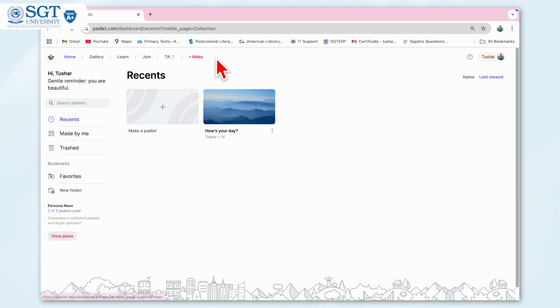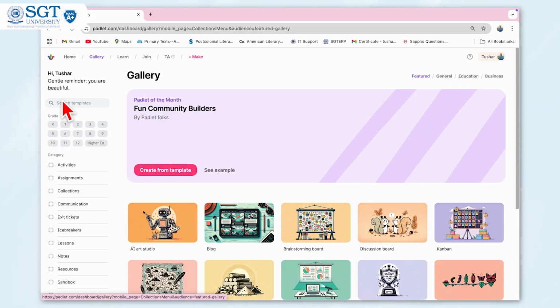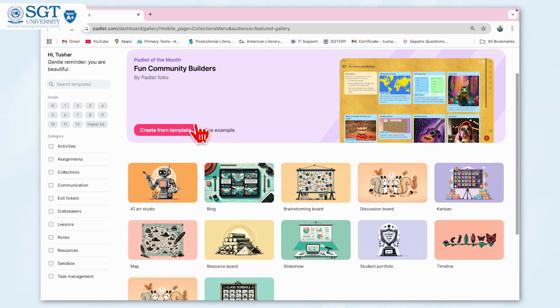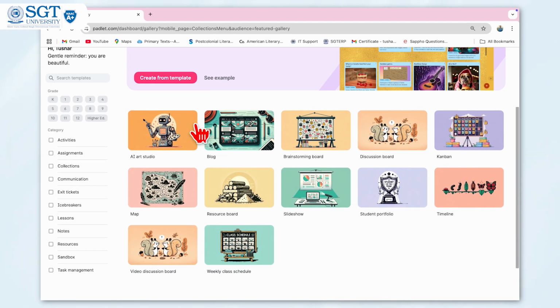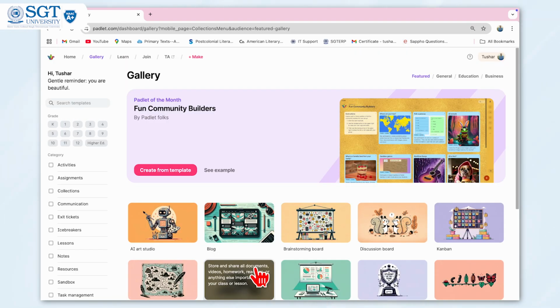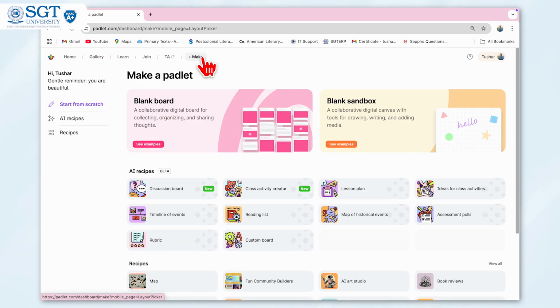This sign is very much important, this plus make sign, right? But before that, I would like to introduce you to the tool itself. So once you click on gallery, you can see these are the options that are available to us as of now. Totally up to you which particular thing you want to use. What I prefer using Padlet for, so when you click on plus make, these are the important features of Padlet